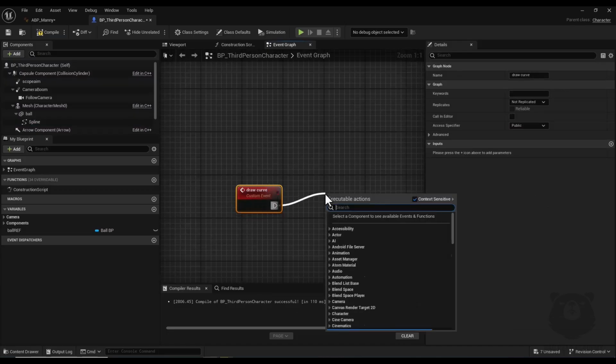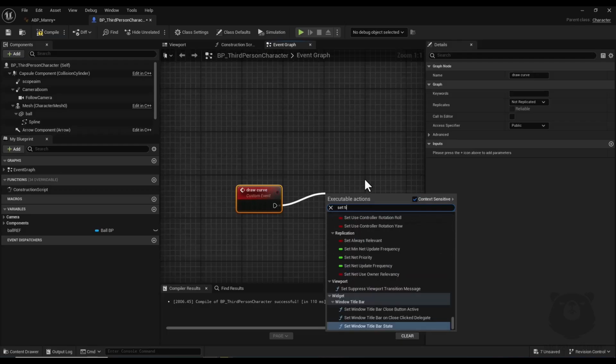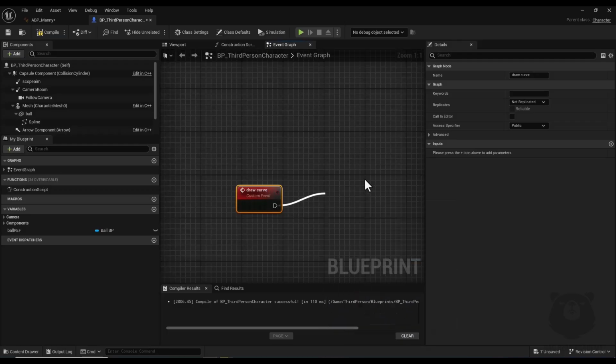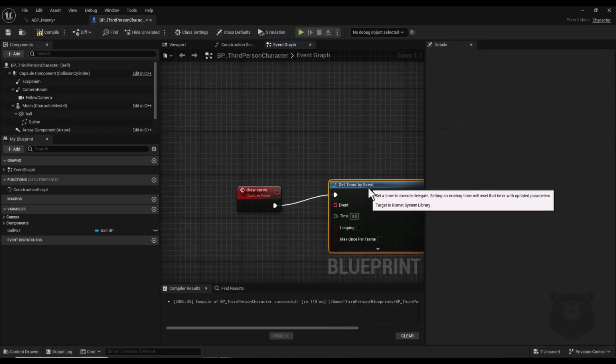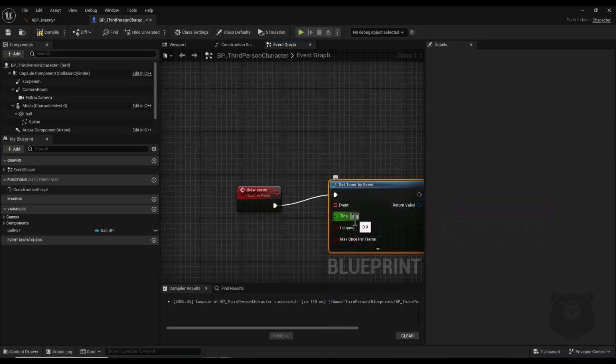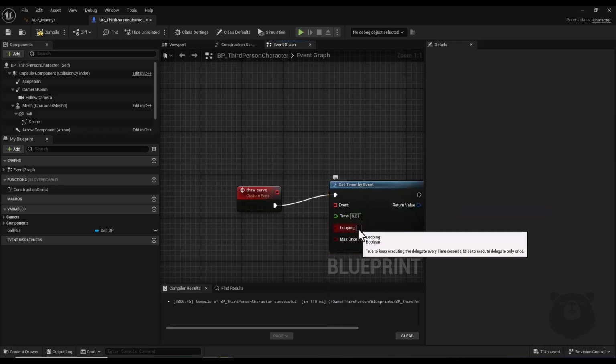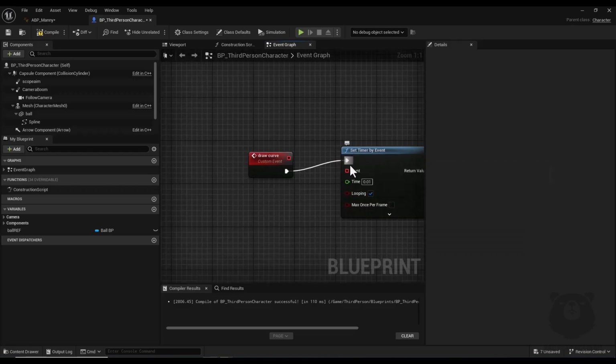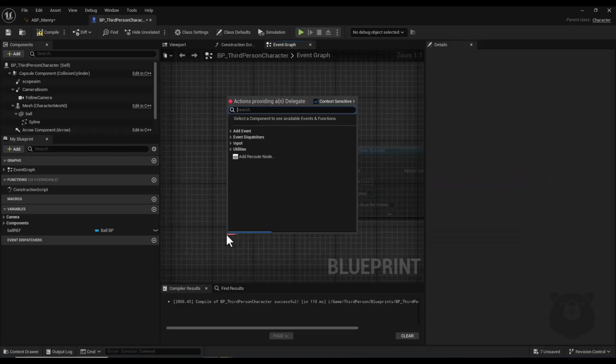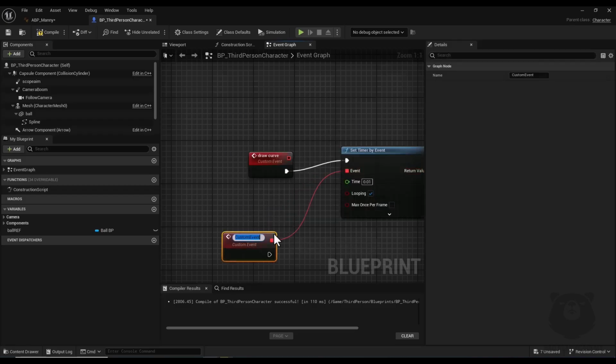And here I drag a node and search for set timer by event, and I set time to 0.01 and I set looping to true. And from here I drag a node and I create a new custom event, and I name it update curve. Alright,